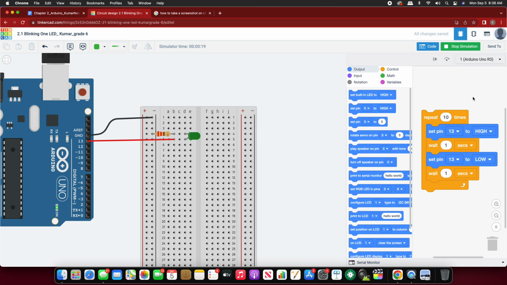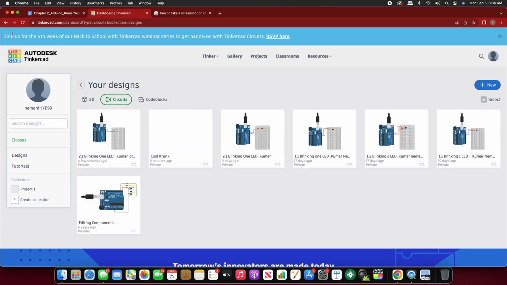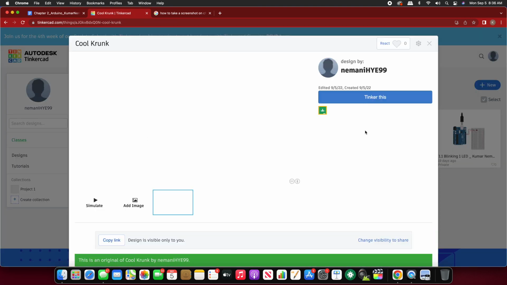If I have to use two LEDs, right, blue and red color, like a cop car, how do I make the circuit? So think about it for a second, pause the video and try to do it by yourself by creating a new circuit. That's what I'm going to do. I'm going to create a new circuit,